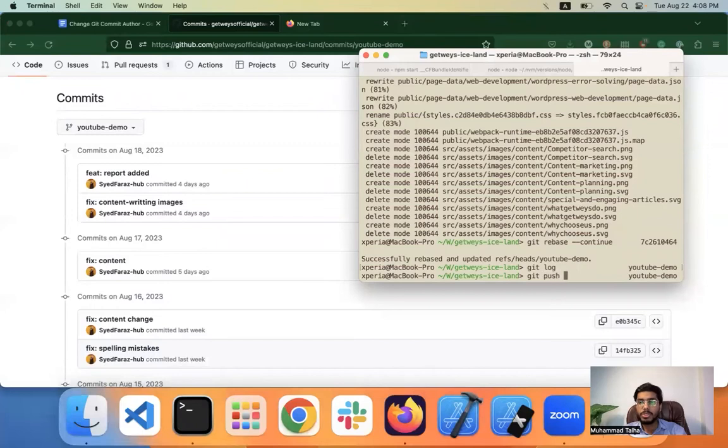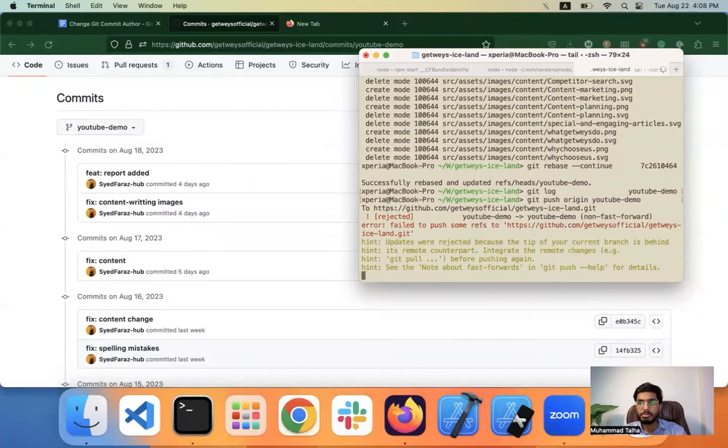Now if I try to push git push origin YouTube demo, it will give me an error. Why? Because I'm trying to rebase something. So I cannot push it like this. I have to force it, right? I have to force that, yeah, I want to push it. Because something is done wrong. So I want to push to fix my mistake. So what I'm gonna do is git push origin YouTube demo